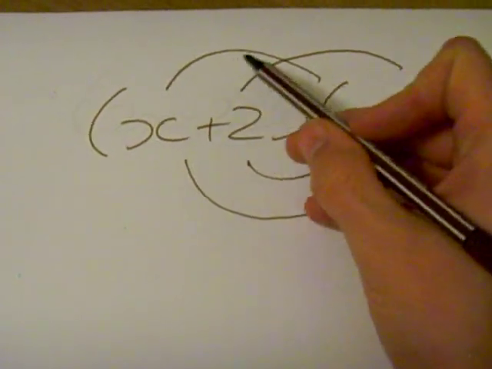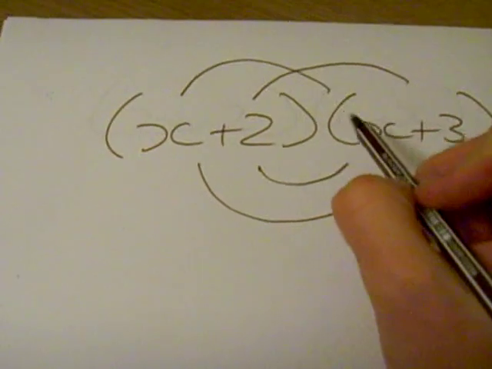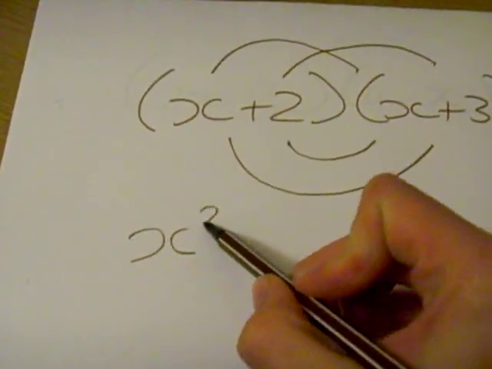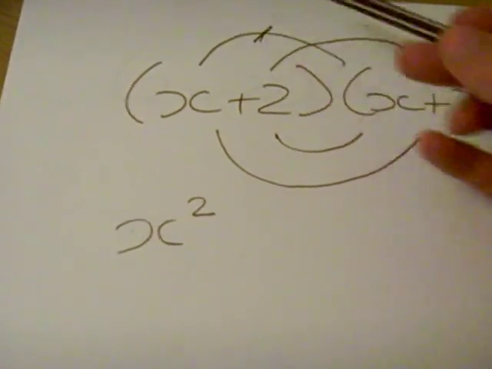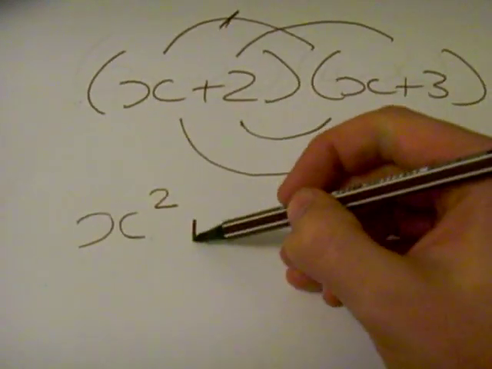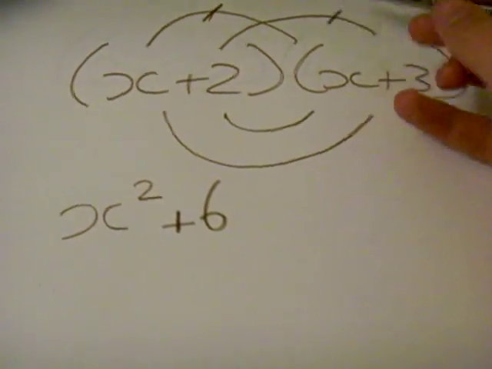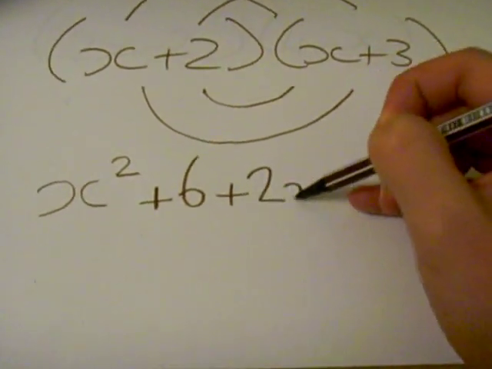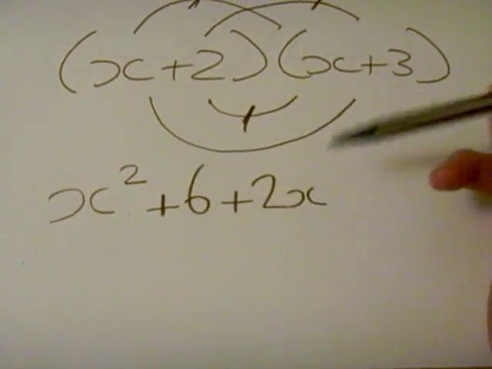Now, if you can be a bit imaginative, you're looking at some form of smiley face there. So we've got this one here. All these lines represent a times. So x times x gives us x squared, and I like to put a little line through it just to say we've done that one. We've got positive 2 times 3, so plus 6, we've done that one. 2 times x is 2x, we've done that one. And the final one, we've got x times 3